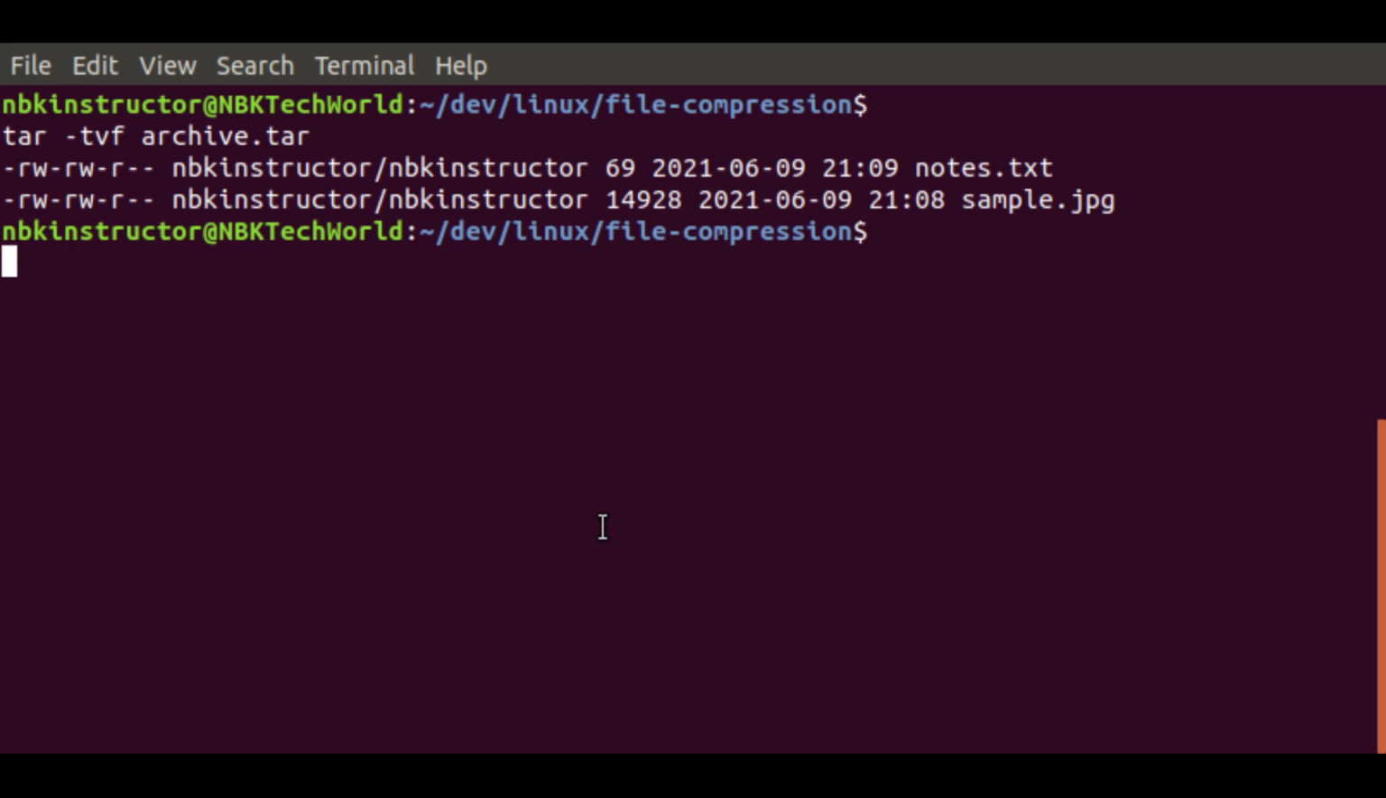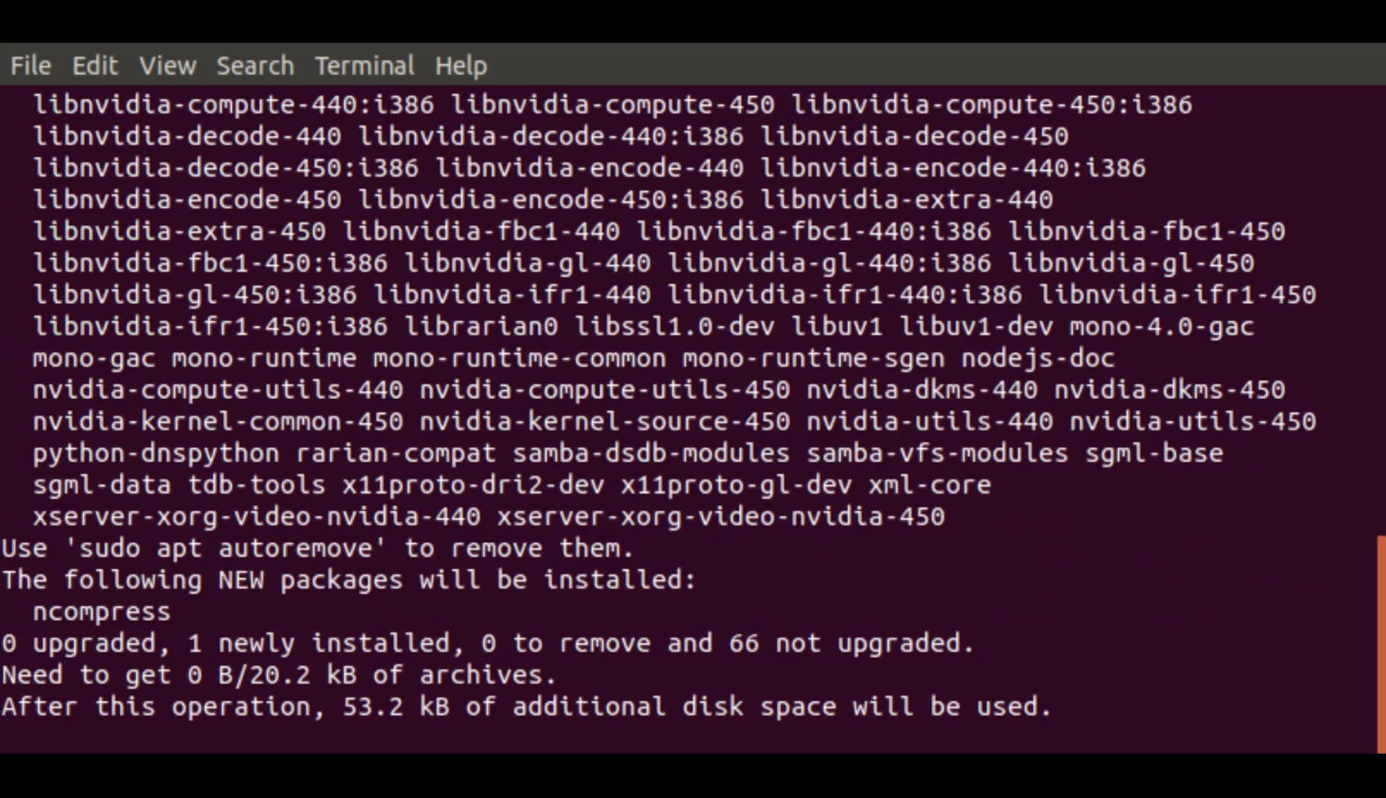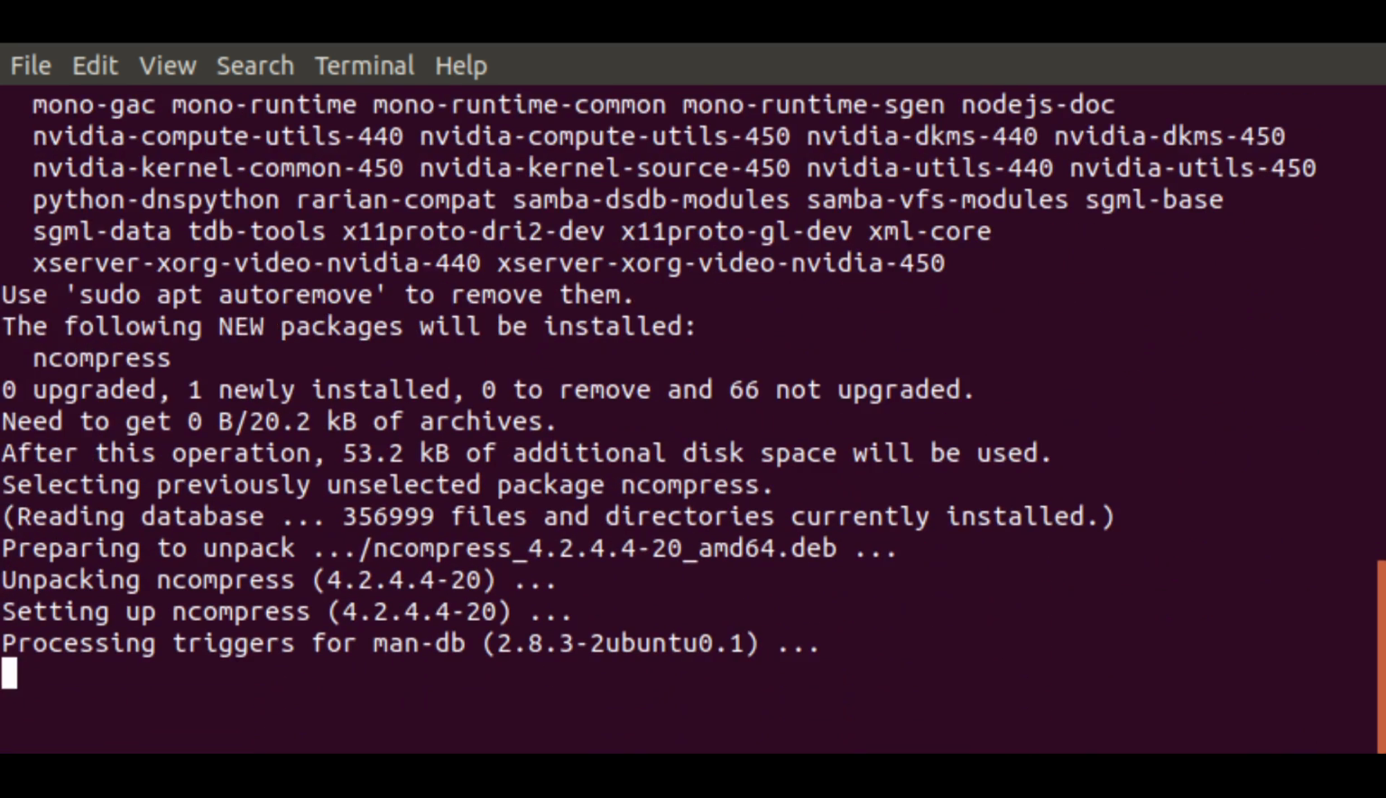Now, if I try to do compress and the name of the archive, it's not going to find it. You likely will see something if you use Ubuntu. It's going to tell you, hey, you might want to install ncompress. So I'm going to do sudo apt install ncompress to get it. I already had it before, so that's why it's going to be really quick to install. And now I can do